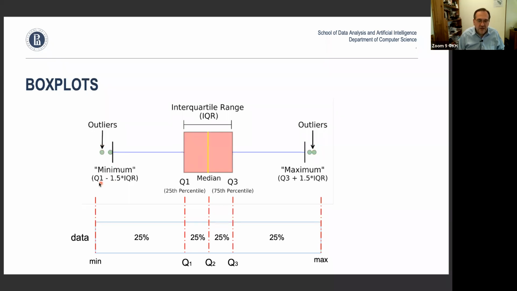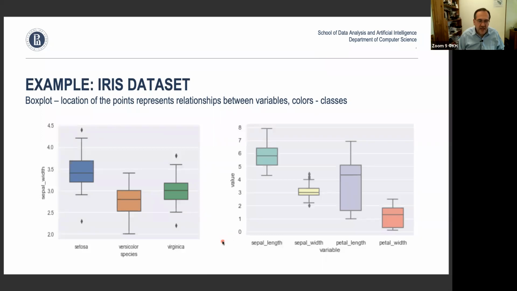And so in fact, you can represent all your distribution with the data minimum, those 4 quartiles, and the data maximum. Okay, so now let's go back to this slide, and we understand now what it means. If I look, for example, at these 3 classes, Setosa, versicolor, and Virginica, and I look at sepal width, we understand that 50% of the samples have sepal widths from here to there. This is 50% of Setosa, 50% of versicolor has it here, 50% there.